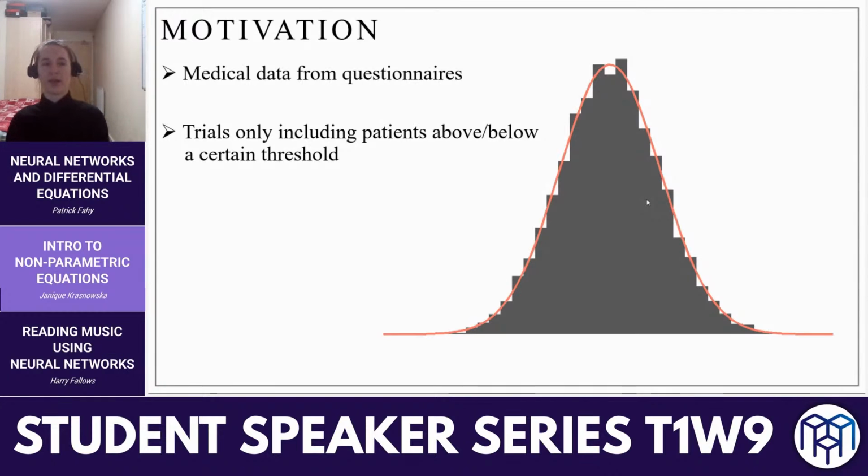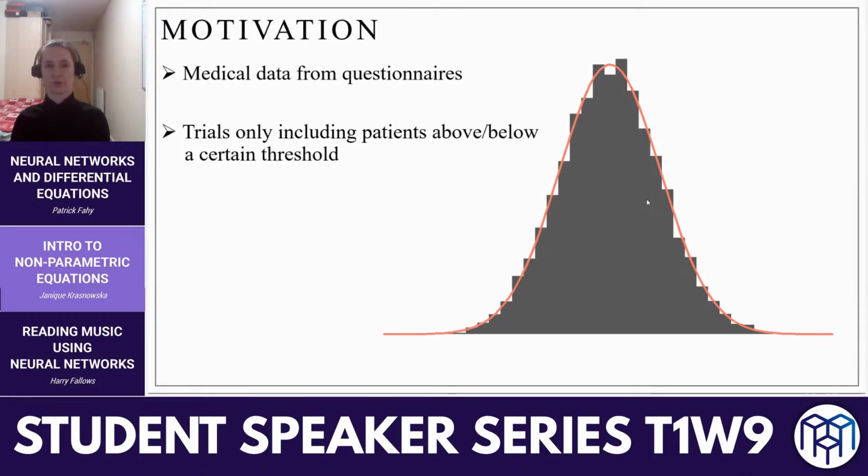And yeah, I would like to start by talking about why they're needed while analyzing medical data. So with medical data, we often encounter quite unique distributions because the data often comes from questionnaires, so it's not continuous, it's discrete. For example, we ask patients about their pain levels, so that's on a scale from 0 to 10, and it also often tends to be skewed because we only include patients above a certain threshold